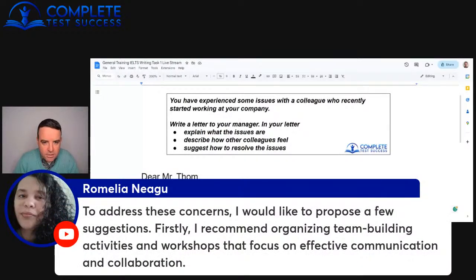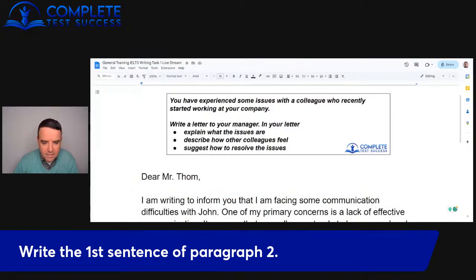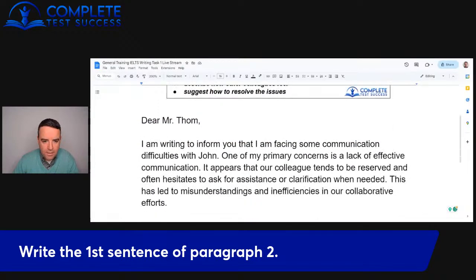To address these concerns, I would like to propose a few suggestions. Firstly, I recommend organizing team building activities and workshops that focus on effective communication and collaboration. Yep, so that would be for the next prompt, suggest how to resolve this issue. But where we are right now